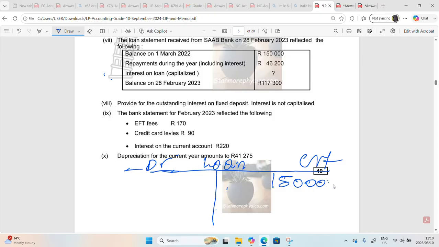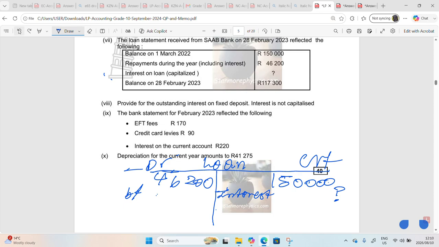It is the interest. Do we have the interest? No, it is the question mark. Repayments, they will decrease loan, 46,200, the repayments. And then you have the balance at the end of the year, which will be your balance carried down